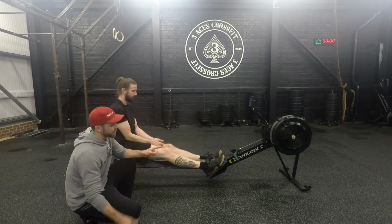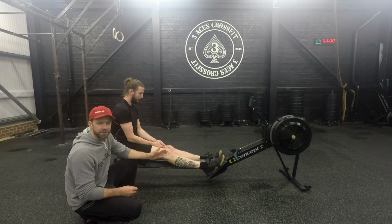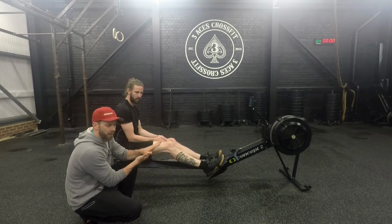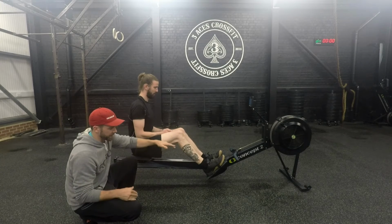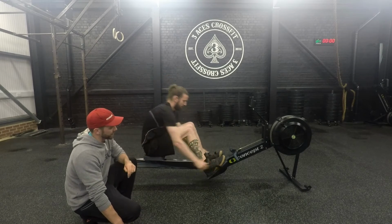So now this is something else we want to think about a little bit. If you start to see an athlete that gets into that bottom position, and the first movement is actually the change in the torso angle, then you're going to have to put the foot setting down a little bit more. Yeah? So if Luke comes back and does it again,